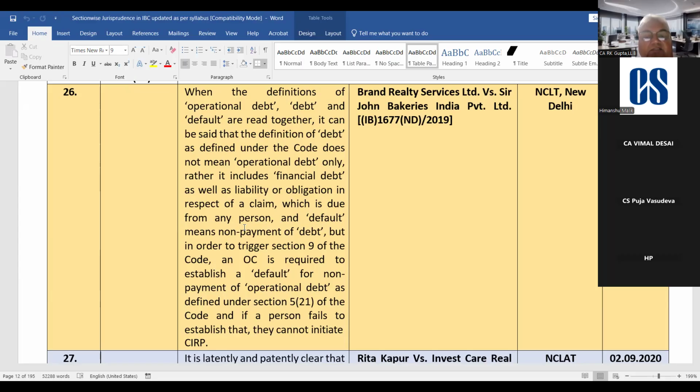But in order to trigger section 9, an OC is required to establish a default for non-payment of operational debt as defined under section 5 subsection 21 of the code, and if a person fails to establish that, they cannot initiate CIRP, ठीक है। तो इसमें बताया कि ऑपरेशनल डेट और डेट और डिफॉल्ट को आपको पढ़ना है। डेट में कौन से आते हैं, डेट में ऑपरेशनल डेट भी आएगा और फाइनेंशियल डेट भी आएगा।